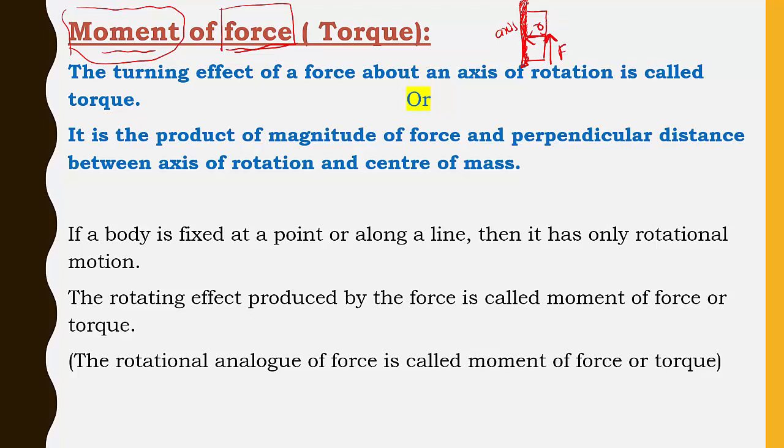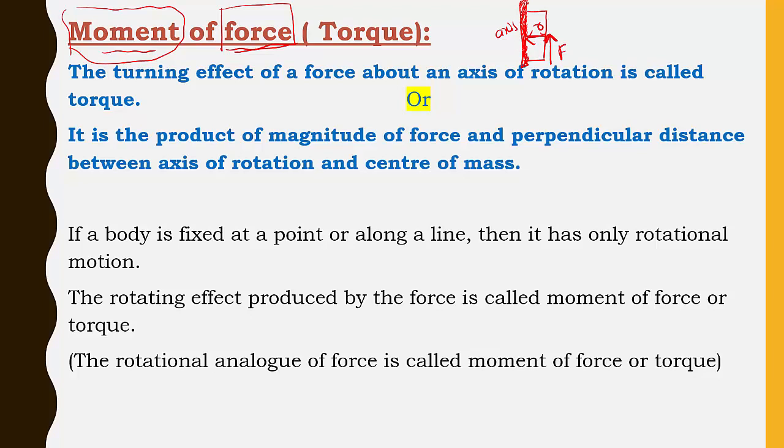For example, you can take a door. One end of the door is fixed to certain hinges. It is fixed to an axis of rotation. How are we going to open or close the door? Because the door is fixed to one fixed axis of rotation, where are you going to apply the force? We have to apply force at a certain distance from the axis. So here the distance I am going to take as r. At a certain distance, when we apply force perpendicularly, then it is easy to open or close the door. Right? So this is called moment.